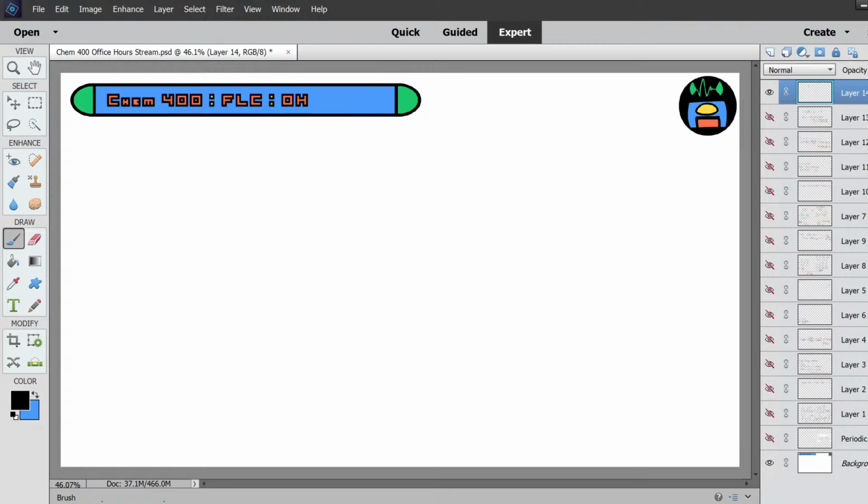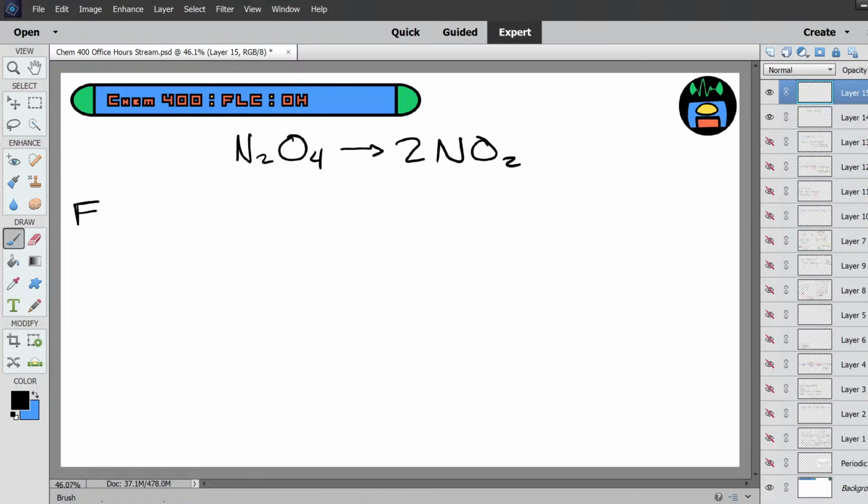So we have, starting from dinitrogen tetroxide, and this decomposing into 2 molecules of nitrogen dioxide. All right. Now, in this problem, they want us to determine the grams of NO2 produced. So we need to find our mass of nitrogen dioxide in grams. And we're given, in this problem,